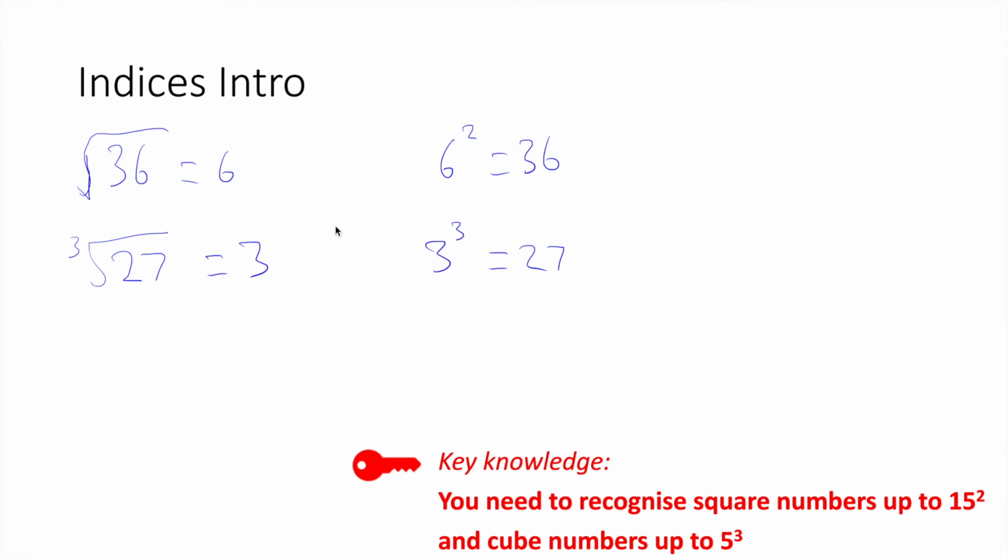Actually, also when you're having indices, maybe you have a number such as a fraction. Maybe you have 4/5, right? Squared or to the power of 3 or whatever. What you have to do is you have to apply the indice to the numerator and the denominator of the fraction individually. So in this example, you'd write 4 squared over 5 squared, which will give you